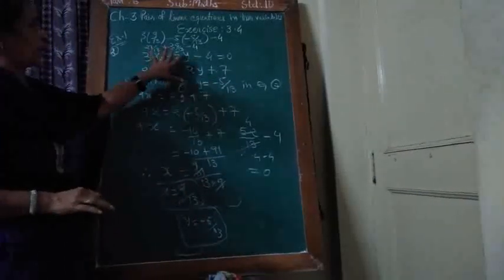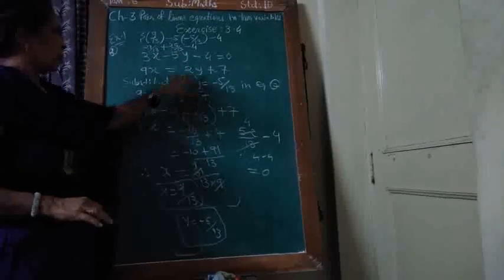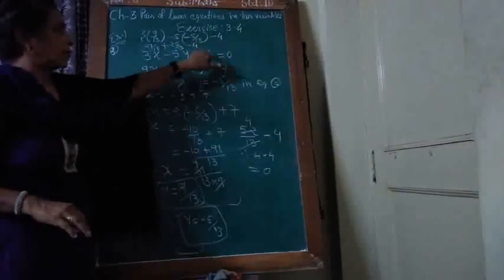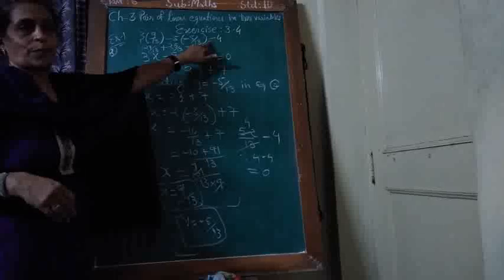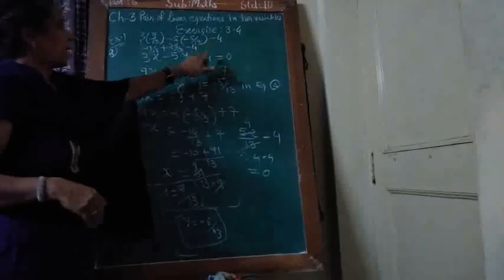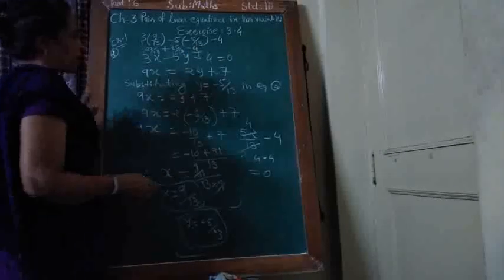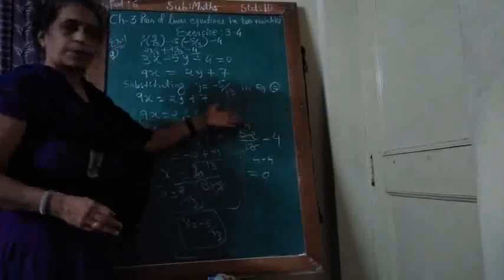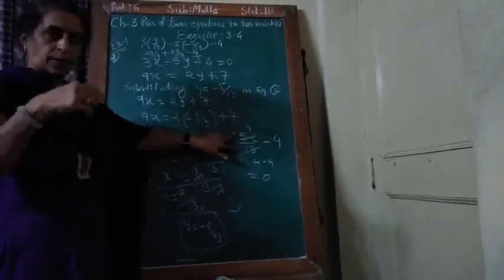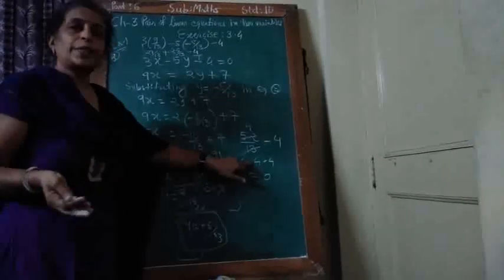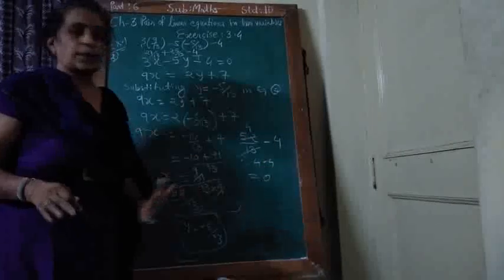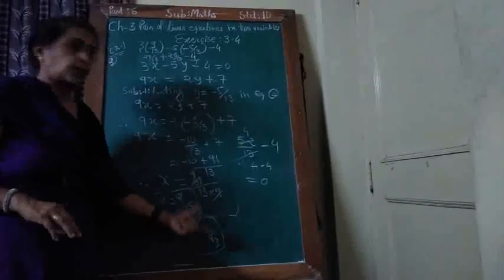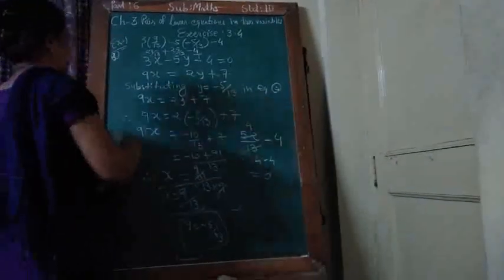So I put this value and I check, and it is correct because see, 3x minus 5y minus 4. I have not put minus 4 at the very first, but see here minus 4 is there, and in the denominator there is 1, so I again take, but I do not take LCM again because here 13 times 4 is 52. So this fraction is in simplest form, so no need to take LCM again, and 4 minus 4 equal to 0. So the answer is x equal to 9 upon 13, y is equal to minus 5 upon 13.